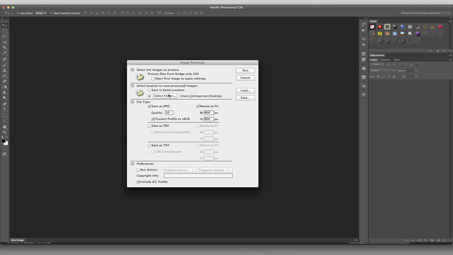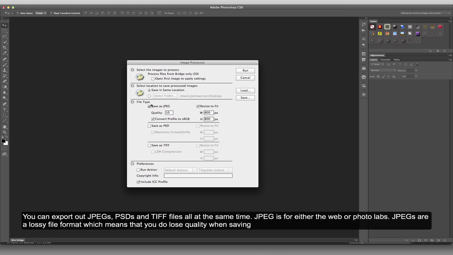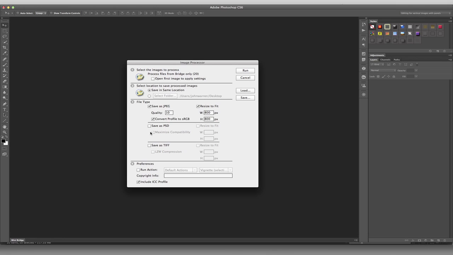Save in same location or select a folder. Well, it's safe to put them in the same location because, well, you'll see. All right, so what we're going to do is I'm going to put these guys in the same location. Now, I can actually export out JPEGs, I can export out PSDs and TIFFs all at the same time, straight from Bridge, without going into Camera Raw for each individual image and do all that kind of